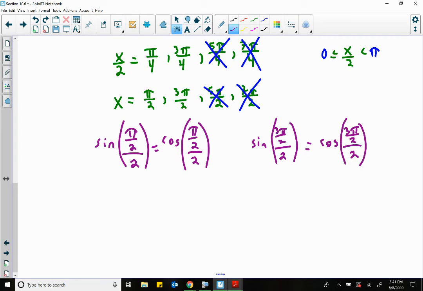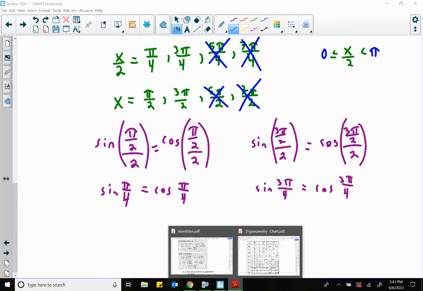Okay? Well, the question is, basically all they're asking is sine pi fourths, because pi halves divided by 2 is pi fourths, the same as cosine pi fourths. And then over here, they're asking, is sine 3 pi fourths the same as cosine 3 pi fourths? So if we go to our handy dandy Bible,